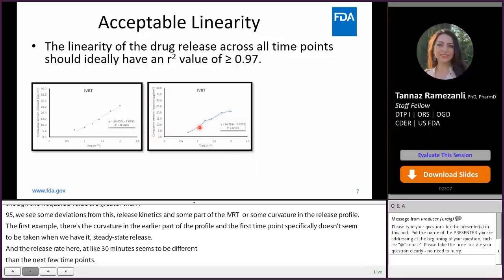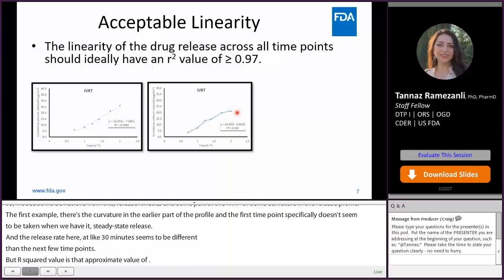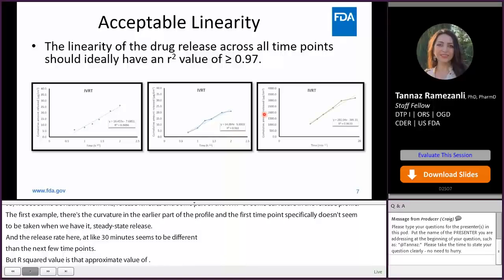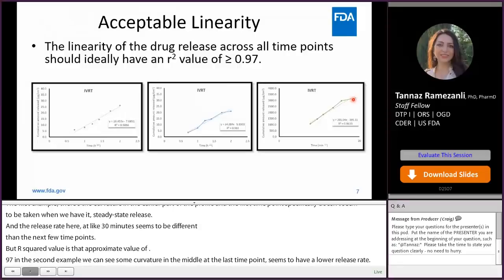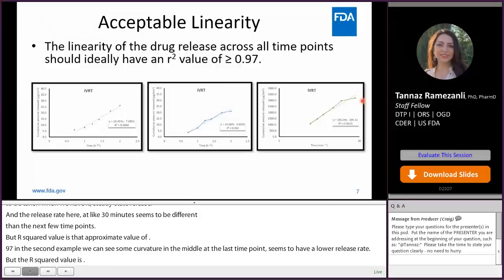In the second example, we again see some curvature in the middle, and the last time point seems to have a lower release rate, but the R-square value is 0.96. And the last example clearly shows that the last time point has a lower release rate and is not at the steady state